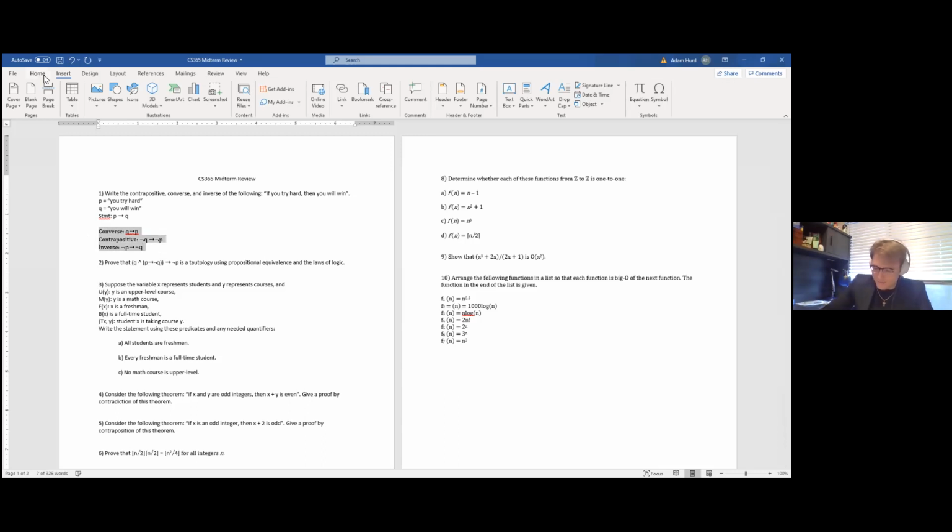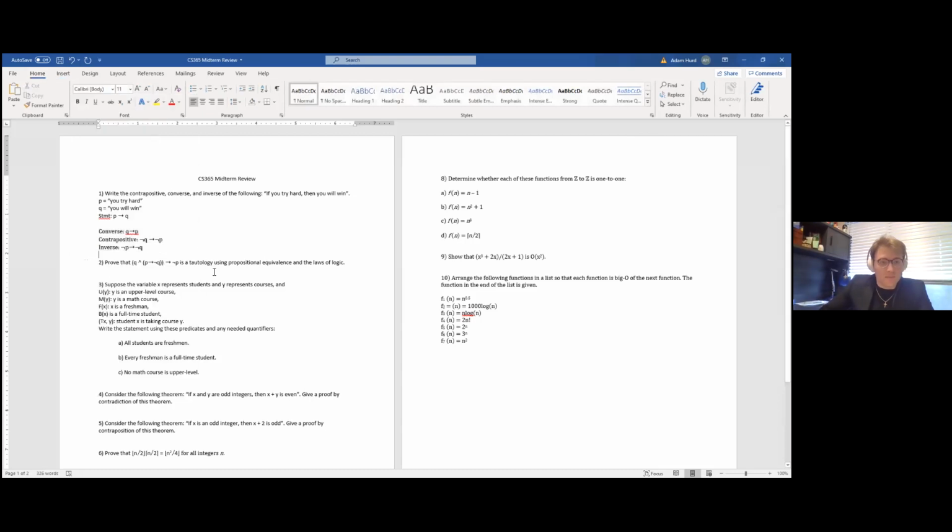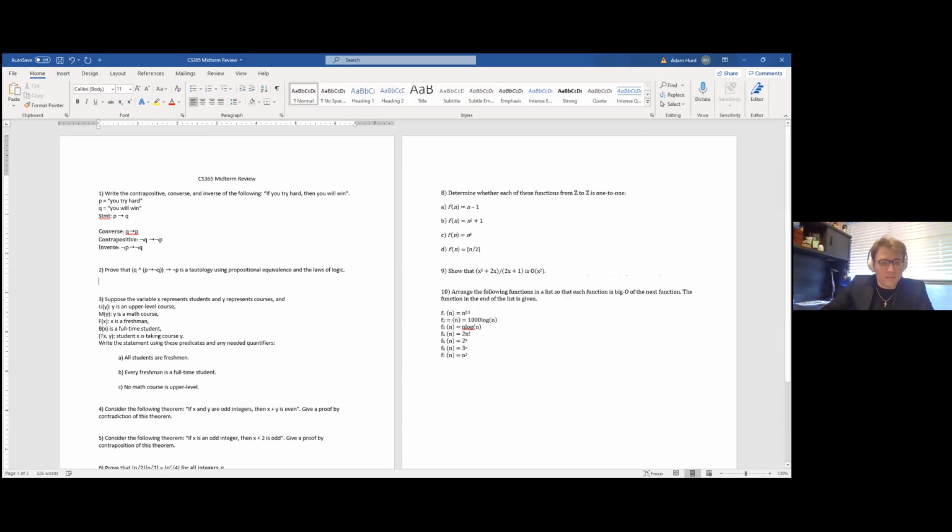Why does it keep changing the font on this? You're not allowed to have one font. I know. I'm sure someone out there is screaming that I'm doing this in Word with the symbols and stuff,